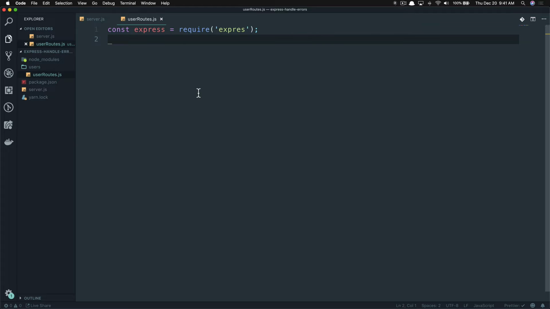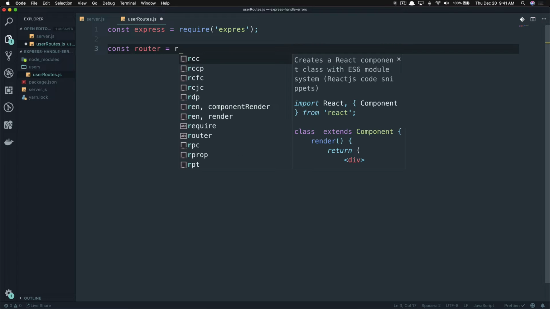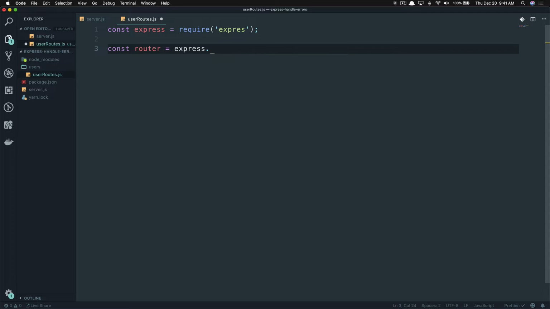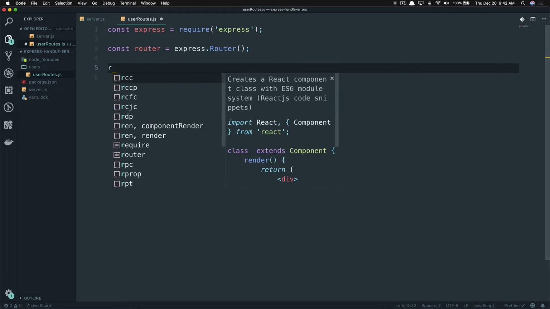So now I'm going to say const router, and this is where you get to pull in express.Router. Remember how I said it's a piece of middleware, kind of like a package that you flip on? And it's an uppercase R, so this actually comes from Express itself. And now that that's defined, it's actually going to work a little better. Okay, so now what we're going to do is say router.get,